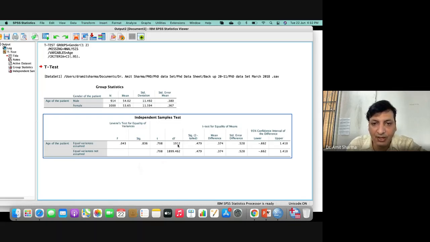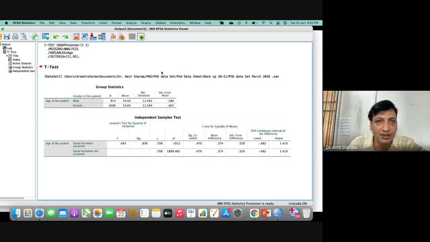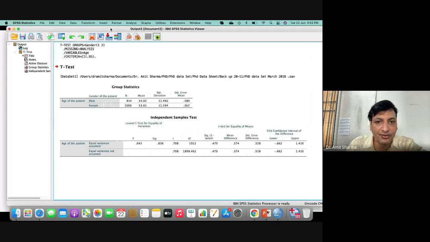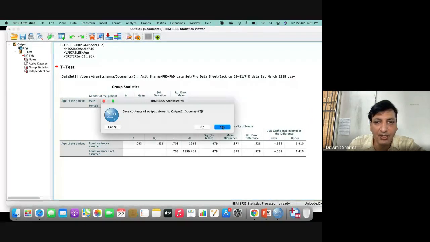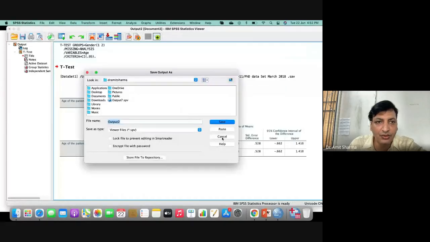So we have got the value 1912, and here you can see the difference is 0.37, at least something like 0 only. So still we see that there is no difference between the age of male and female in the project. I'll take another value where we'll get a higher score.